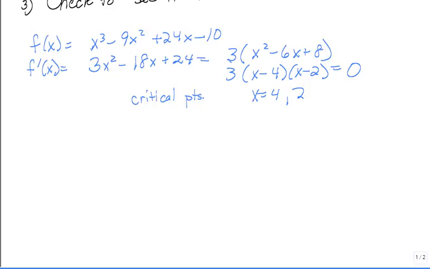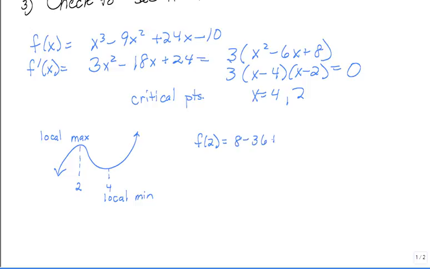And we know an x cubed function looks like this. So 2 and 4. 2 will be the max, and that's going to be a local max. And 4 is going to be where the local min is if you graphed it on your calculator. So f of 2 is going to be 8 minus 36 plus 48 minus 10, which is 10. And f of 4 is going to be 64 minus